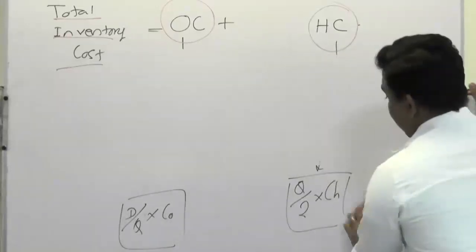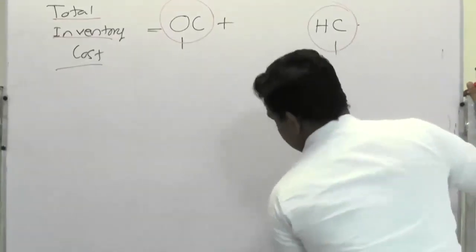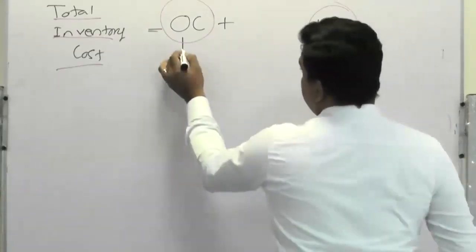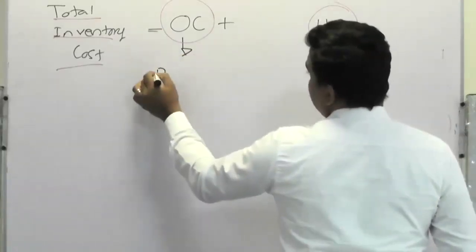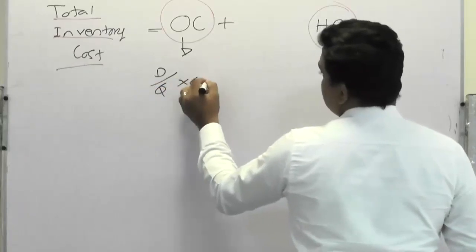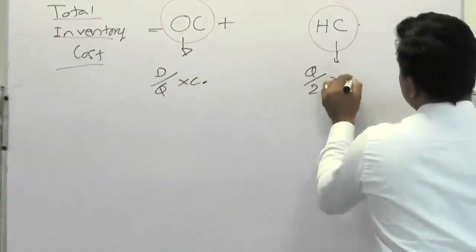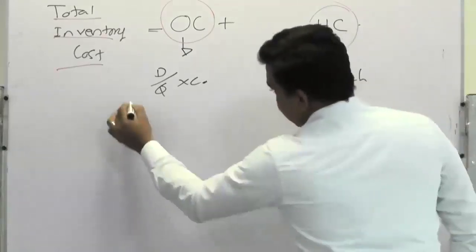Right. Once we filter that, it's 2. This is the ordering cost. How can you calculate ordering cost? D divided by Q into CO. How can you calculate this? Q divided by 2 into CH. Let's take it to